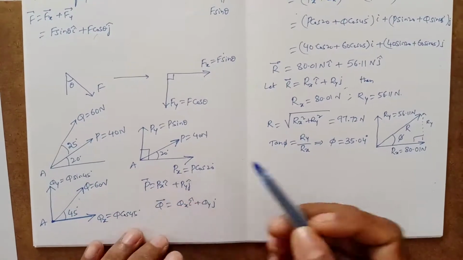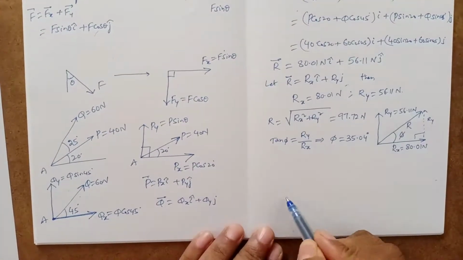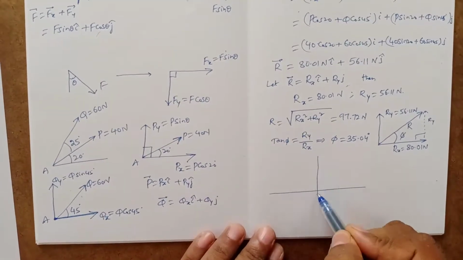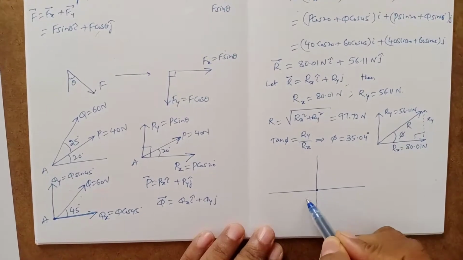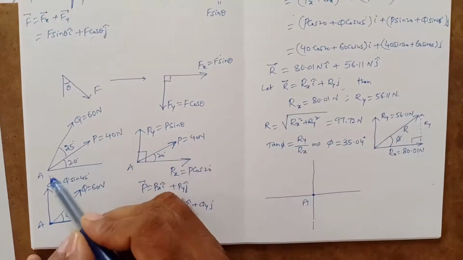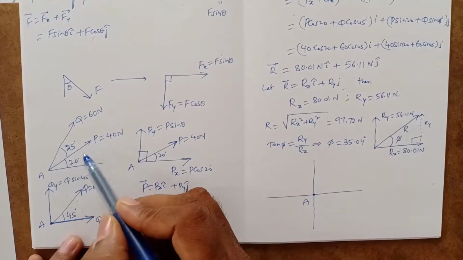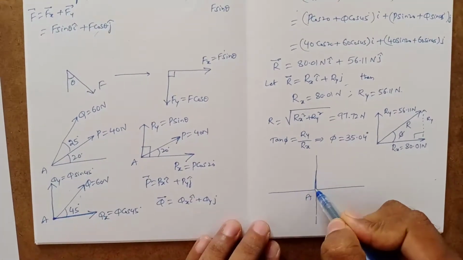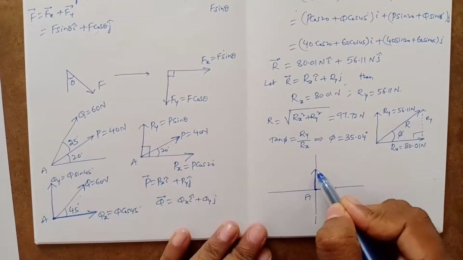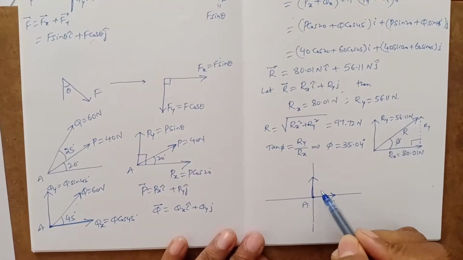So using the method of resolution, instead of doing all this process, simply first draw this like this. This is our point A here. Now P is in the first quadrant and it is making an angle of 20 degrees. So its two components can be drawn like this. The direction of P is away from point A, so both components also point away from point A. These are the two components of force vector P.